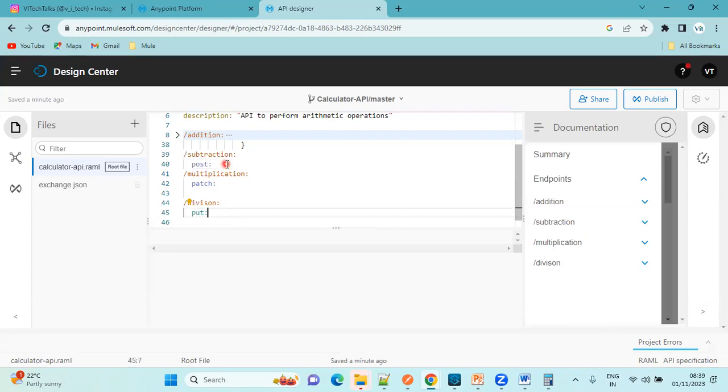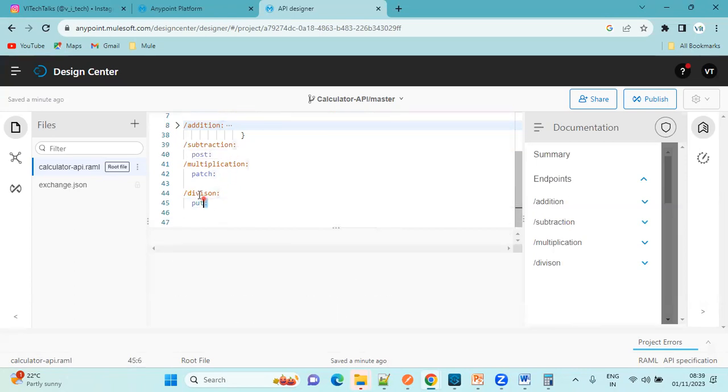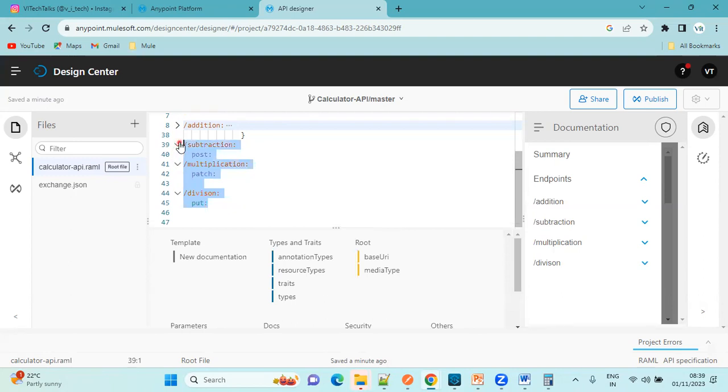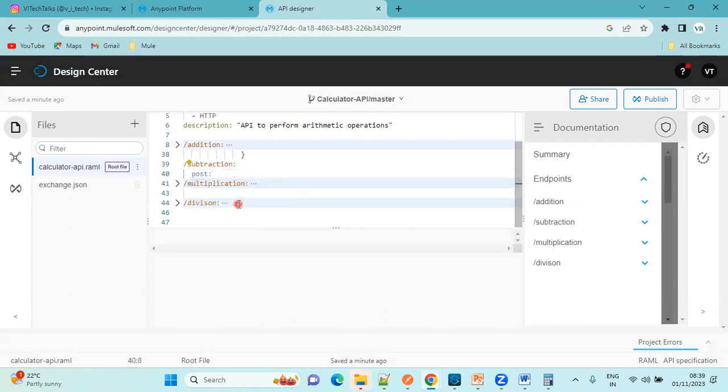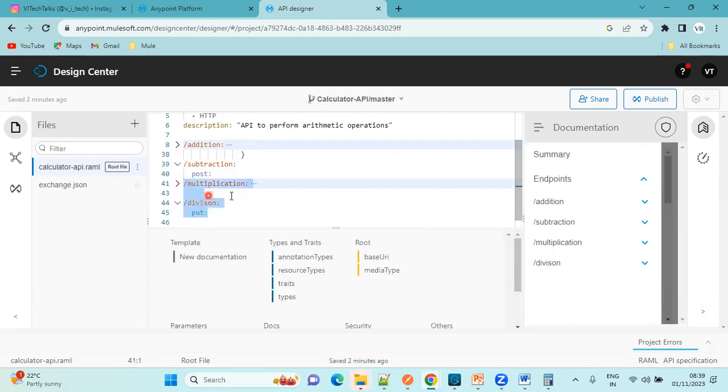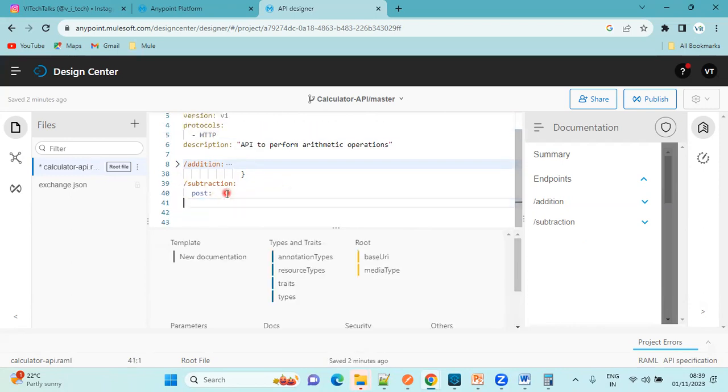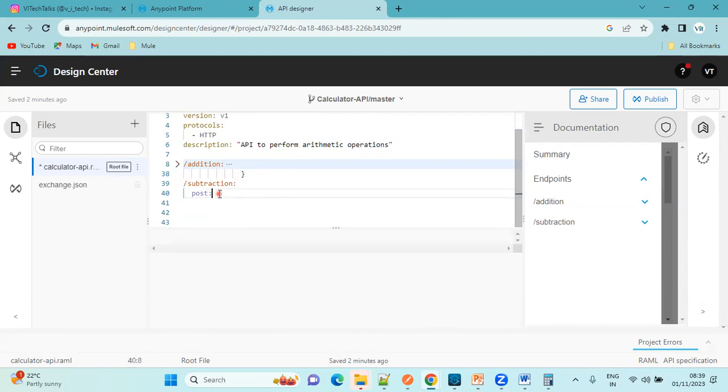Now I'm going to delete this one. I'll come one by one. Otherwise, I will minimize this. Okay, fine. Better I will remove it. Okay, what is the next operation we need to perform? Subtraction,